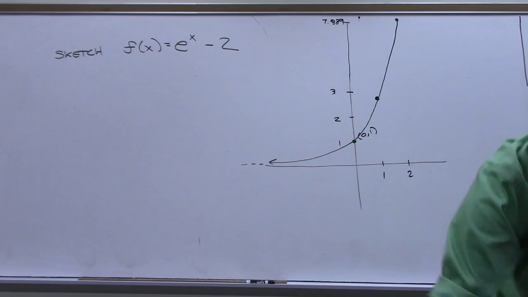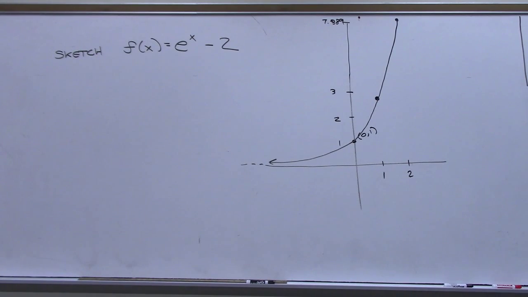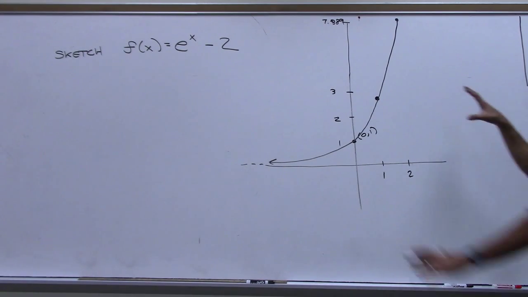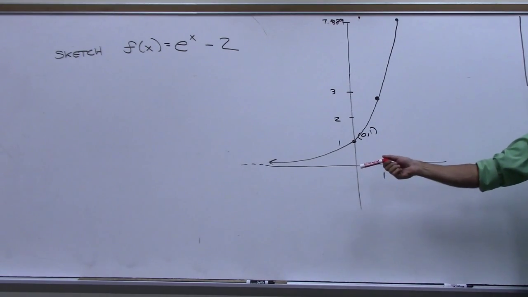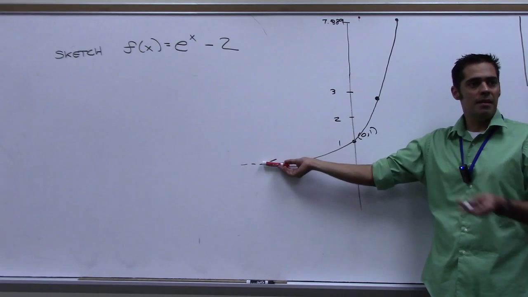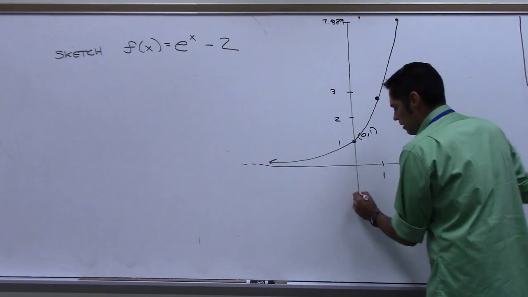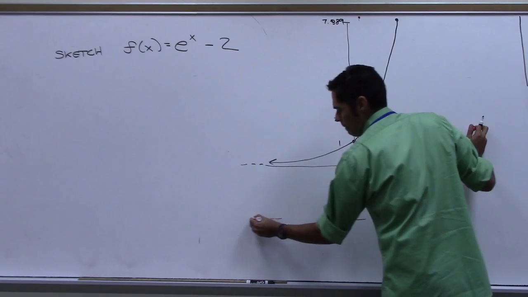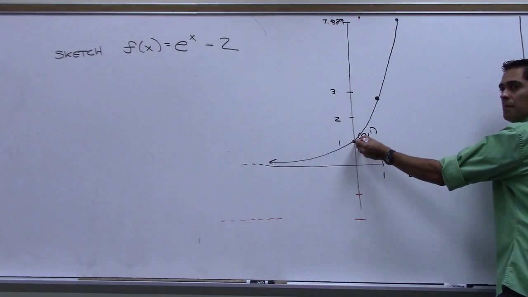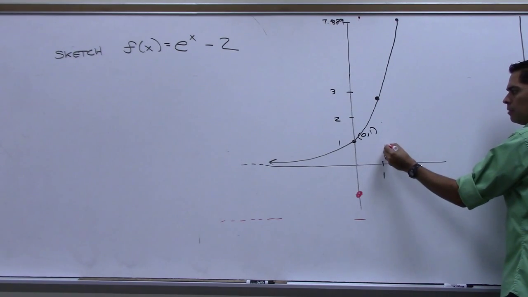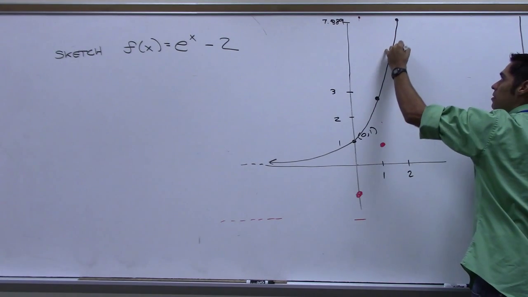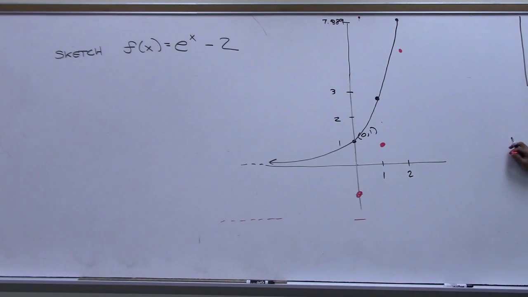Down 2, because that 2 that I'm subtracting is outside, away from the x, isn't it? Just all by itself. So if you graph that, you would take everything you know here and move it down 2. I'm going to start with the horizontal asymptote, because it used to be here, right? That needs to come down 2. This point here comes down 2. This point here comes down 2. And the point up here comes down 2. And so your graph